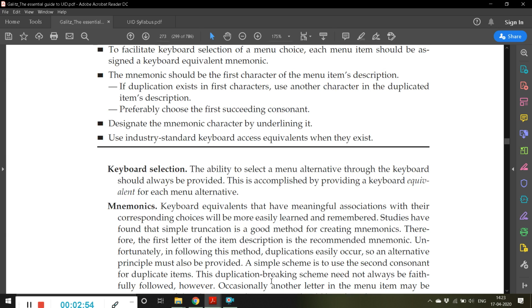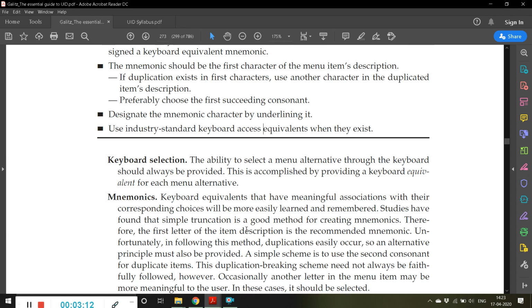For example, Control C, everyone knows it. To copy, Control C, so in my application also I should use Control C only. If I use Control M, the users may not understand it.